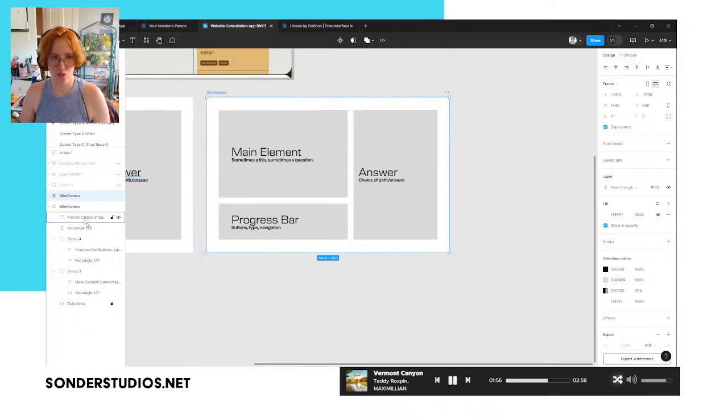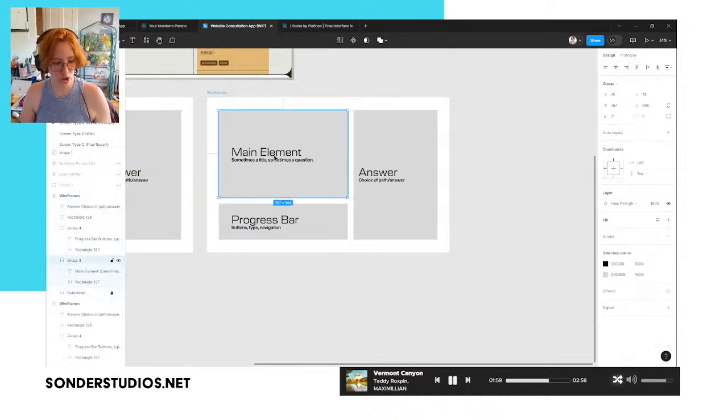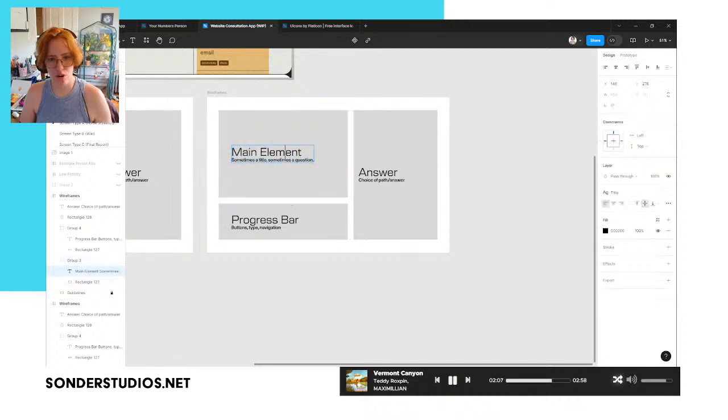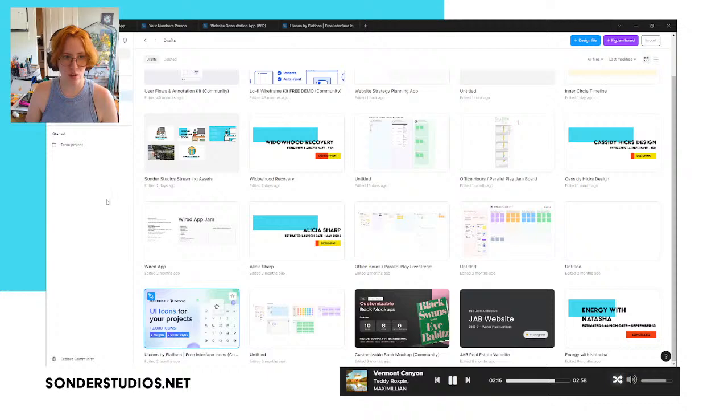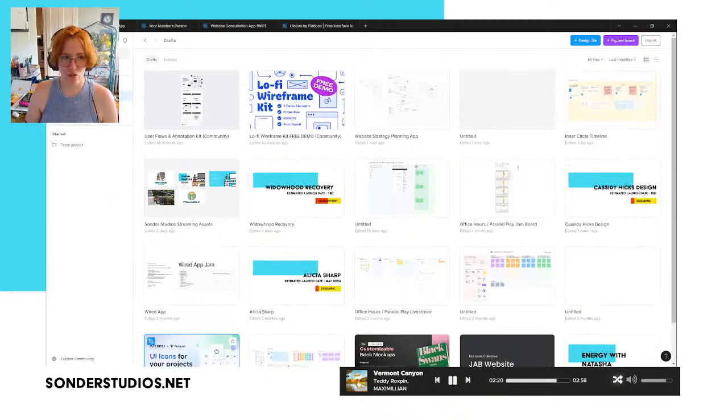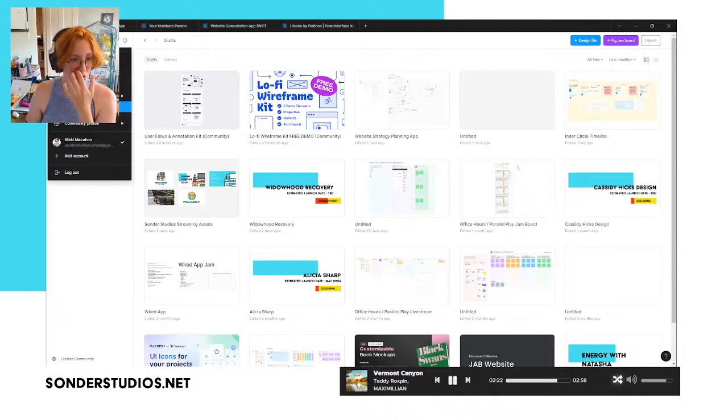So for this lo-fi, I think I'm actually going to take a question and try to mock it up. Or I'll start with the home page. Actually, before I do anything else, I do want to go back and try to look into if Figma has a tutorial for how to build this stuff.